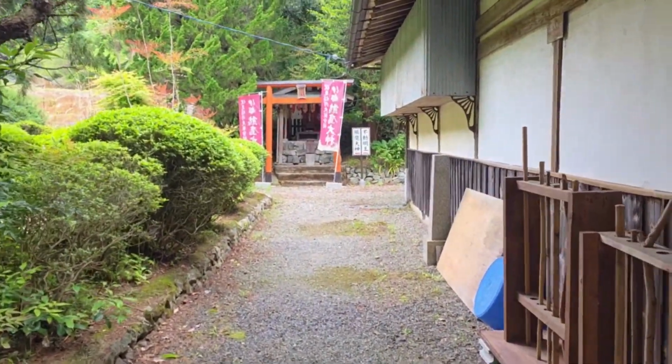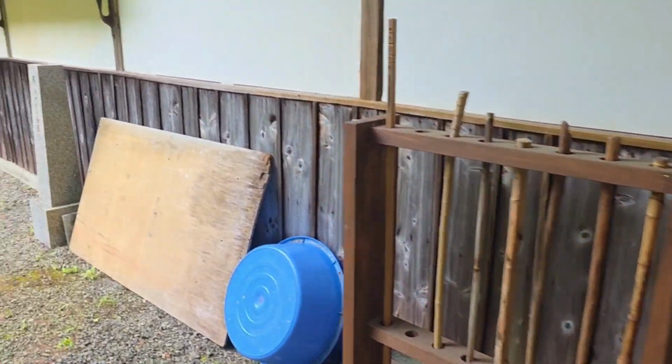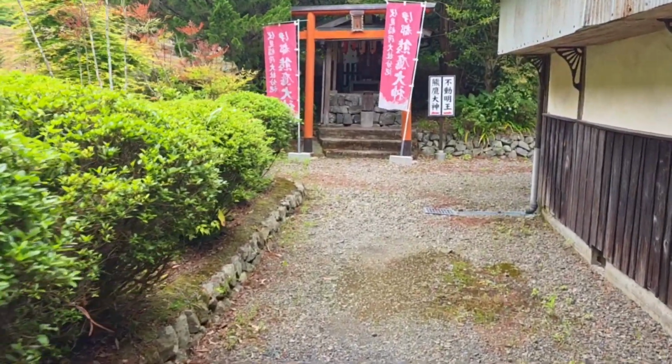Now, that's nice of them to provide walking sticks for the hill up ahead. As you do this, you'll notice that